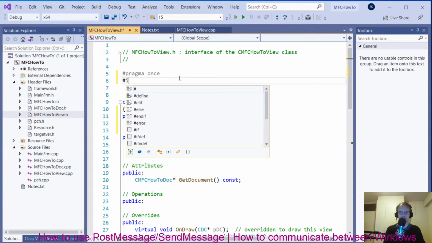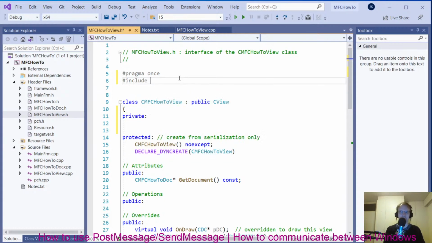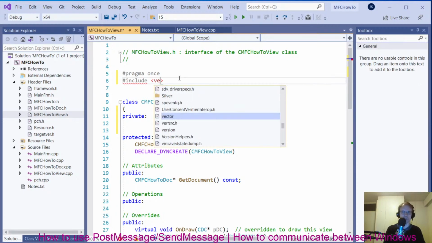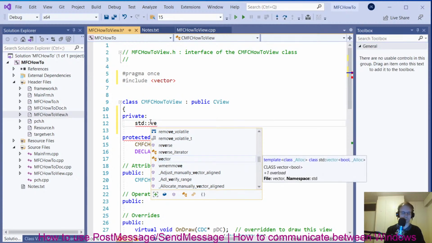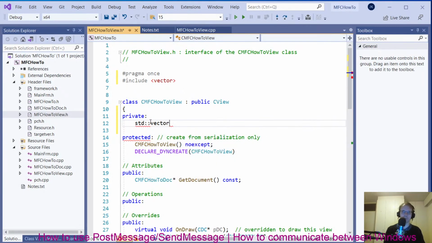So include vector, it's gonna be vector, isn't it? So vector, there you go, and then std::vector. Okay, and the type of the vector, the elements in the vector will be,